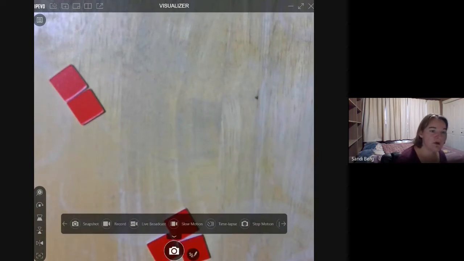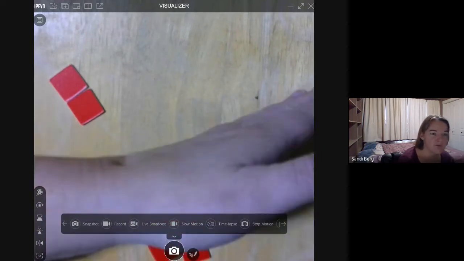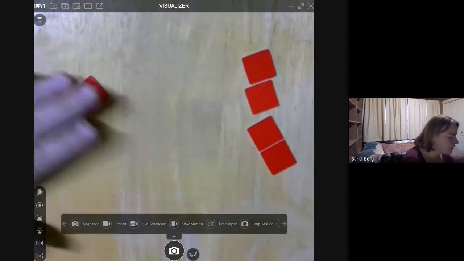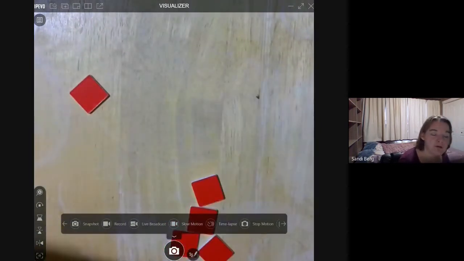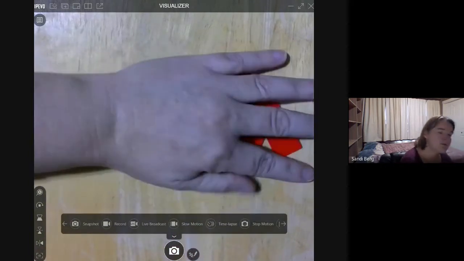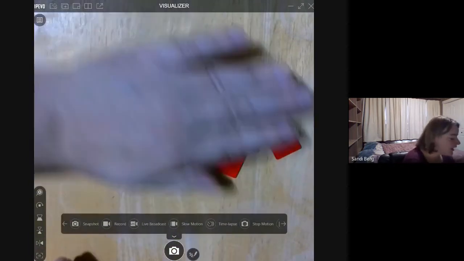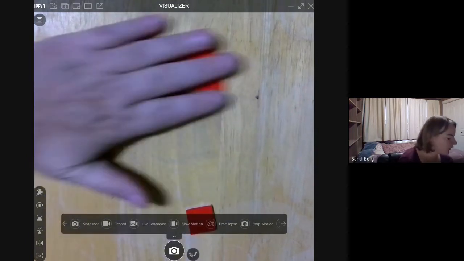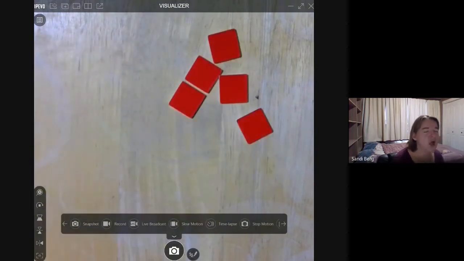So I started with 5. How many do I have altogether? I've got 5 altogether, 2 and 3. I've got 5 altogether, 1 and 4. But regardless of how I split it up, it's still 5 altogether. And you'll notice it's back to, I've got 5, I remove 4, there's 1, there's my subtraction, 4 and 1 is 5. So constantly